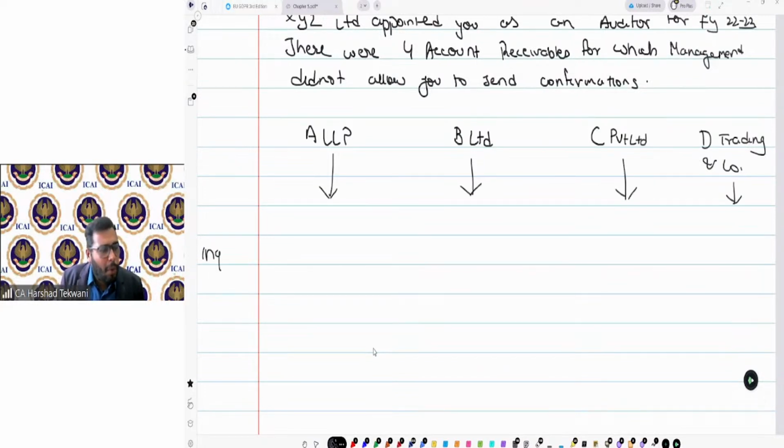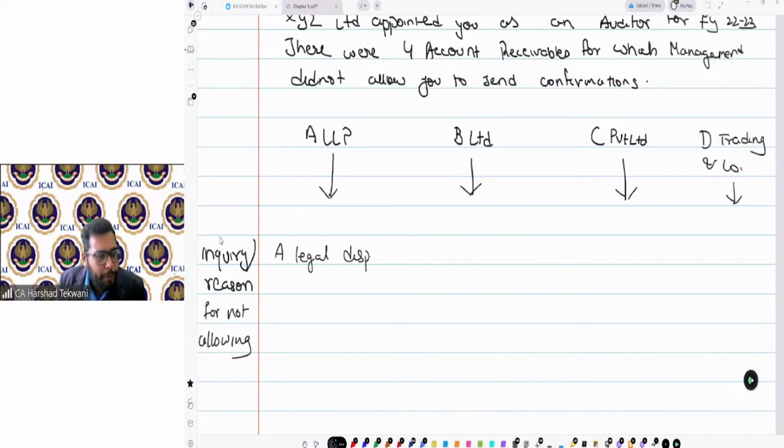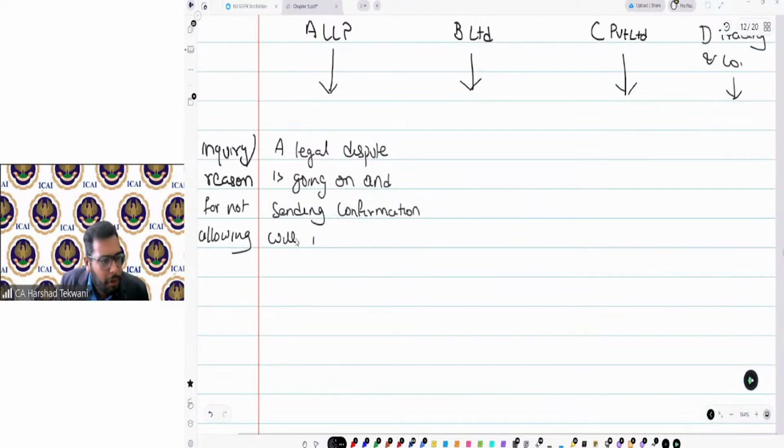And when you perform the inquiry as to the reason for not allowing, management tells you: for A, a legal dispute is going on and sending confirmation will negatively impact the legal process.